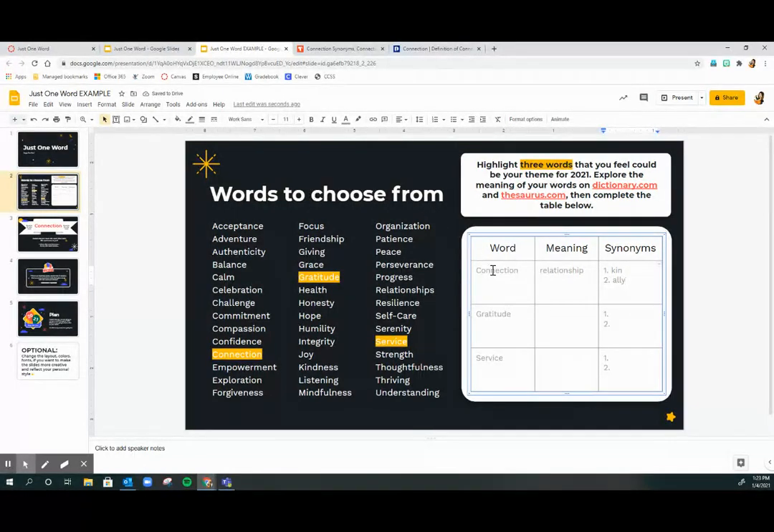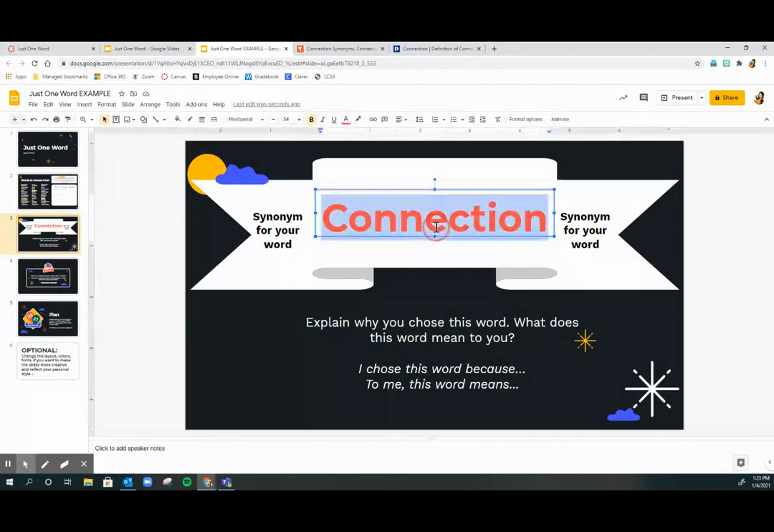Now let's pretend I did the same process for gratitude and for service. I looked up their meaning on dictionary.com and I looked up their synonyms on thesaurus.com. But after all of this exploration of these words, I decided connection was my focus for 2021. That's what I want. Now I'm going to go to my next slide, and that's where I would type here